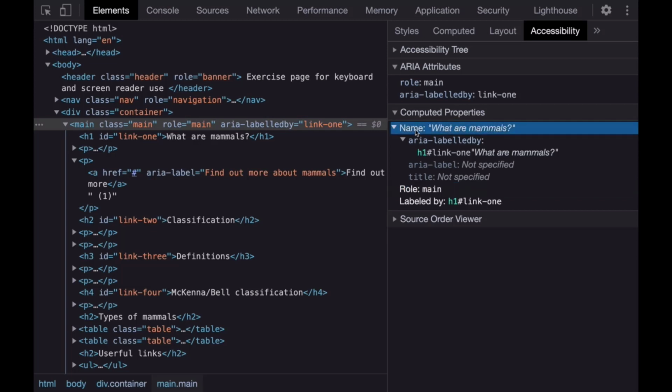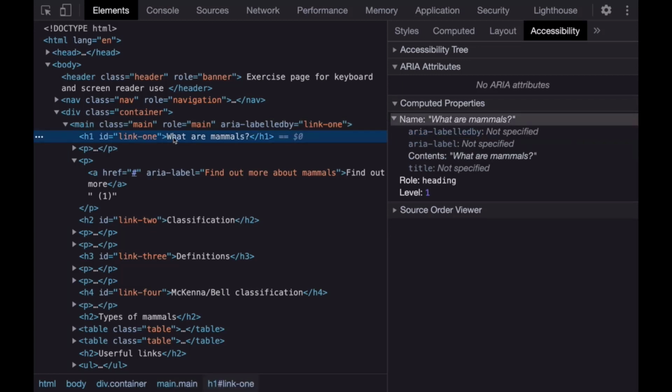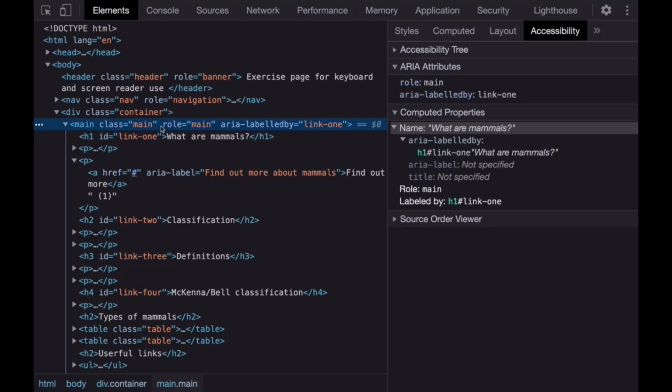And again, we have a name attached to it. In this case, it says, what are mammals? But where's that coming from? Well, it's actually coming from the main is being labeled by the H1 element, which has text of what are mammals. So that H1 becomes the accessible name for that main element.